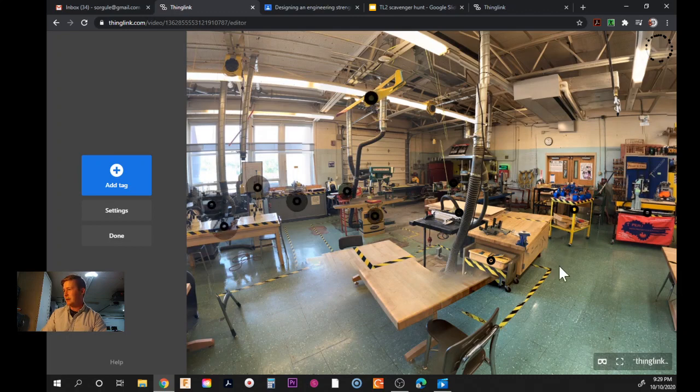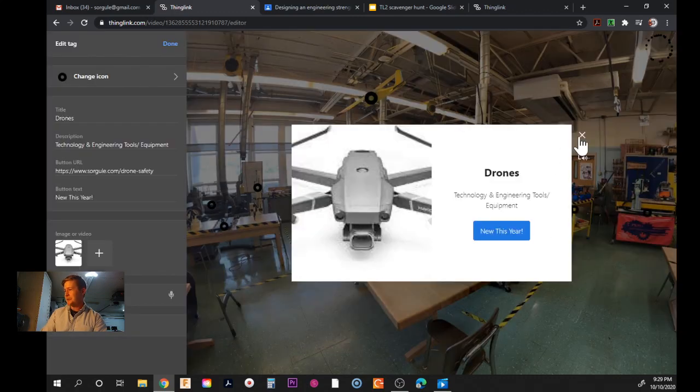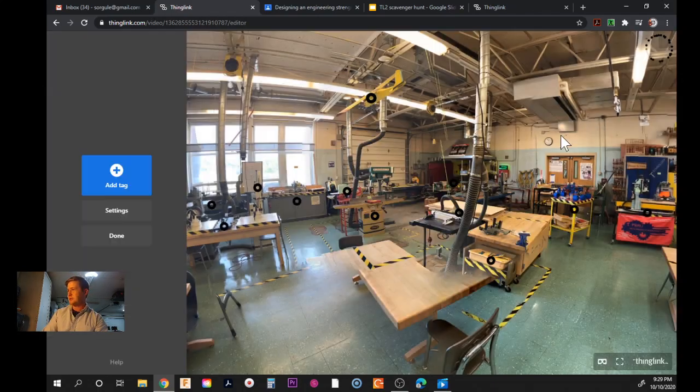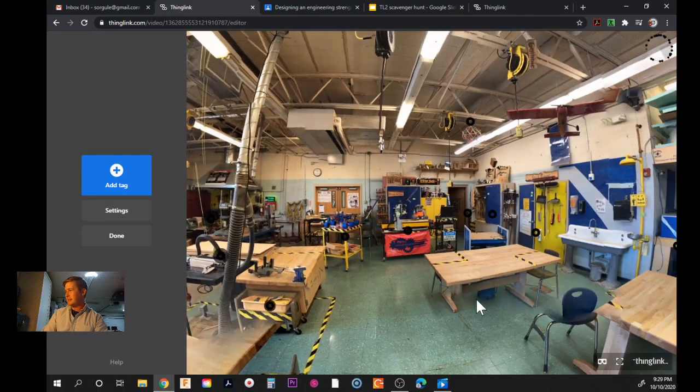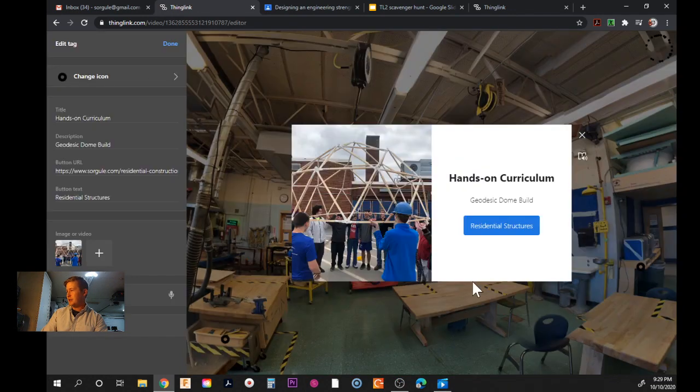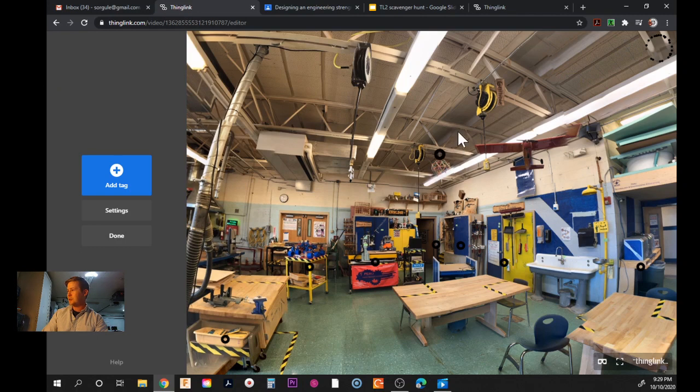So up here, we have some drone equipment that we're using in the tech lab. So there's a link way up at the ceiling. There's a link way up here. We made a big geodesic dome, so if they're craning up in the 360 photo, they can see that little hidden gem as well. Now, originally, I thought I was just going to have this be the virtual tech lab experience, and they were going to use it for their